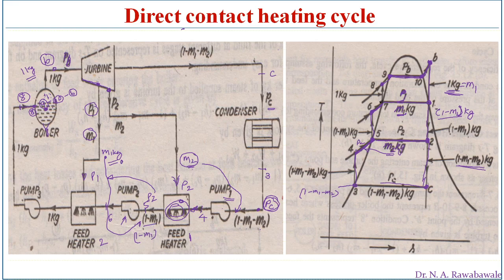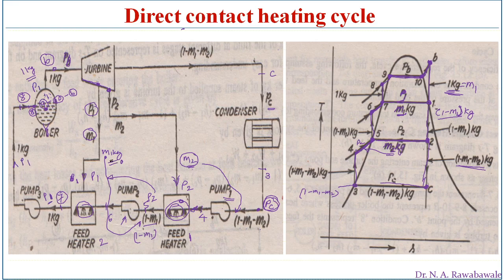So again this mixture becomes saturated at point 7. At point 7 this saturated condensate is supplied into the boiler from point 7 to 8. So up to point 8 pressure is increased. Now pressure was P1, both fluids are at pressure P1 when combined or mixed in this feed heater 2, and when they come out will have pressure P1. So the boiler pressure is PB, which is higher than P1. So again this pump has to increase its pressure from P1 to PB, the boiler pressure.